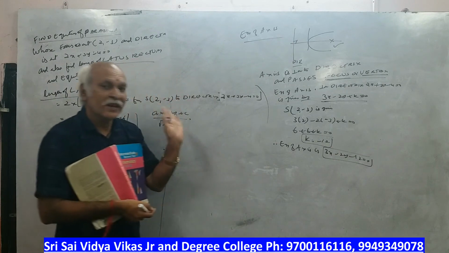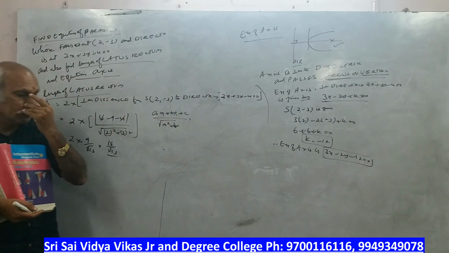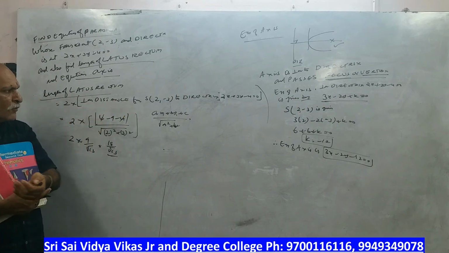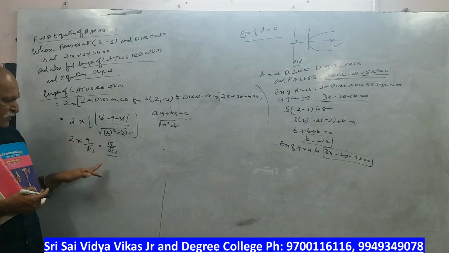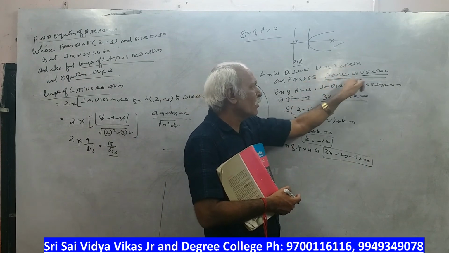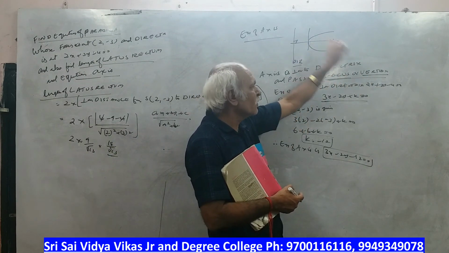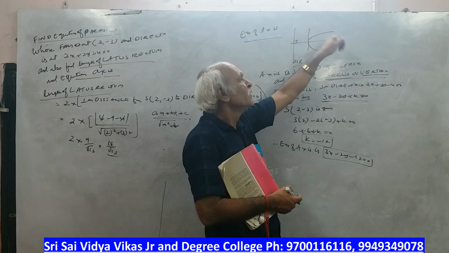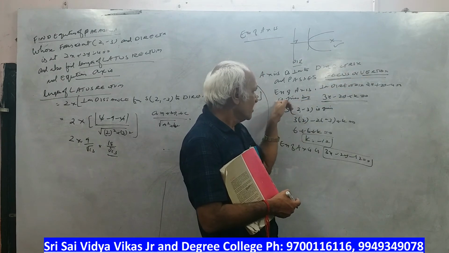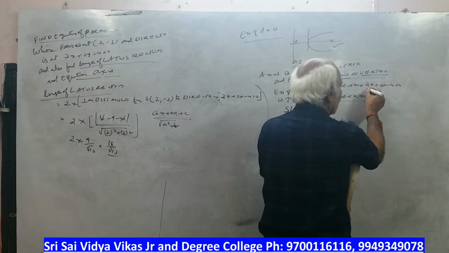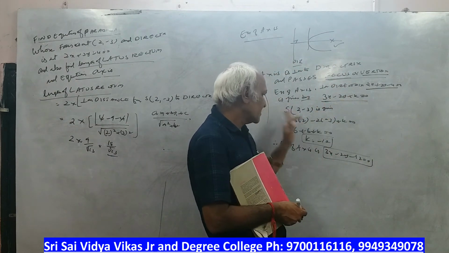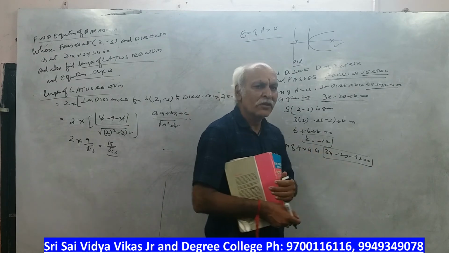So the first part is finding the parabola equation using SP by PM equal to e, which is equal to 1. The length of latus rectum is 2 times the perpendicular distance from focus to directrix, using the perpendicular distance formula we got this. Then the equation of axis. The axis is perpendicular to the directrix and passes through focus or vertex, anything. If you have the vertex, you can use the vertex. If you have the focus, you can use the focus. Sometimes we will give you the vertex and ask to find the axis, so you can use any one point. The perpendicular to any line is given by interchanging x and y coefficients and changing the sign. So 3x minus 2y plus k is equal to 0. The focus is given, put the value, and k we got is minus 12. Okay, please note this.